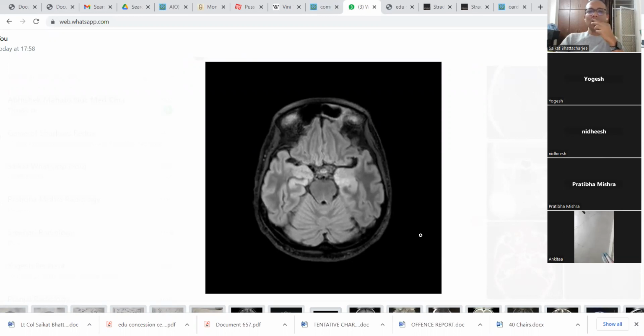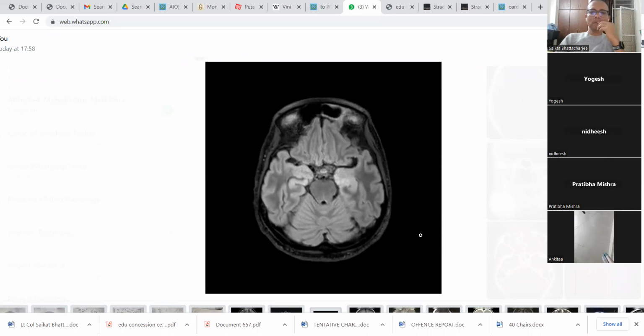Nilesh, do you agree? Yogesh is not completely wrong in at least being able to pick up the hyperintensity along the region of the hippocampi